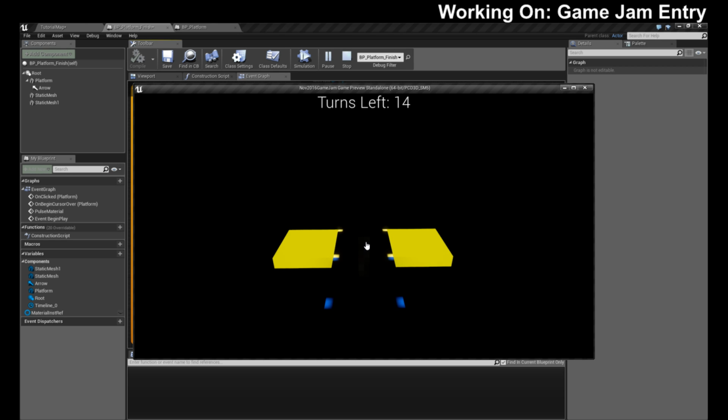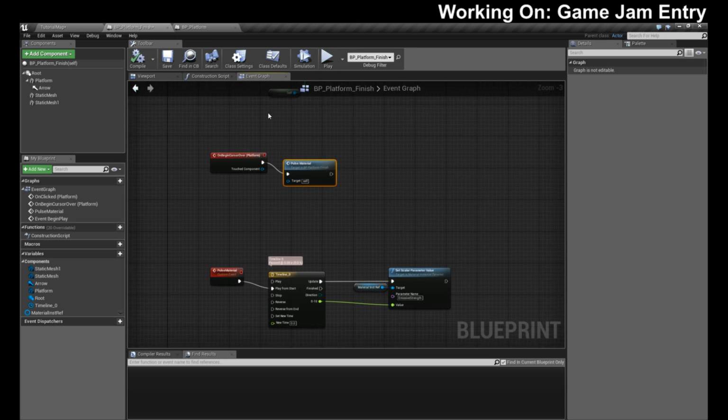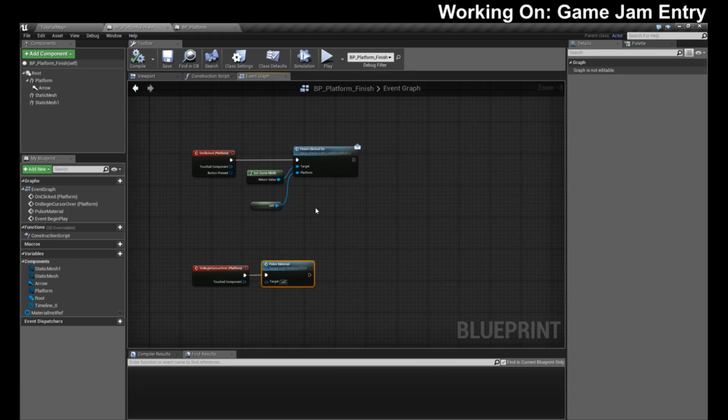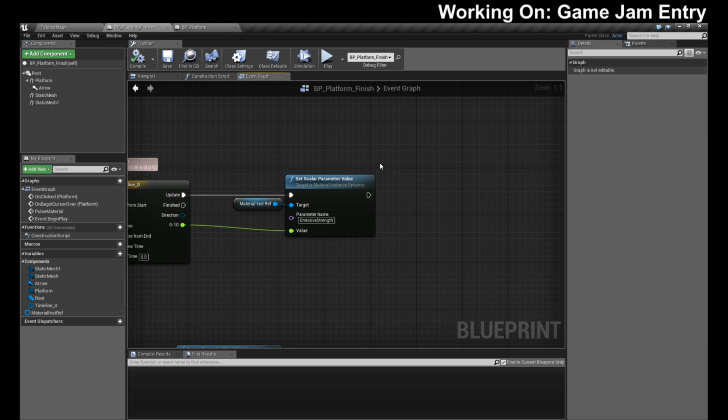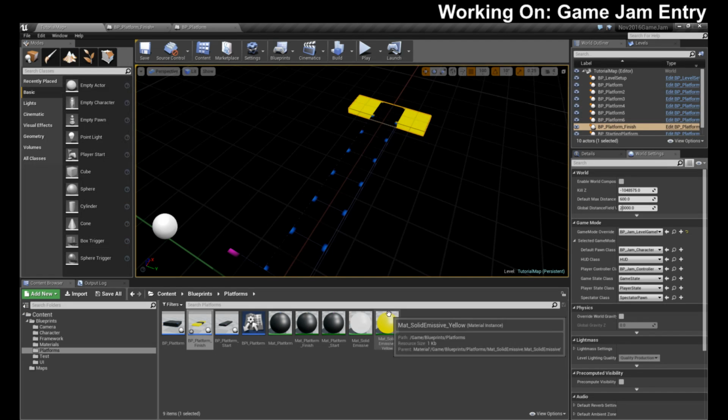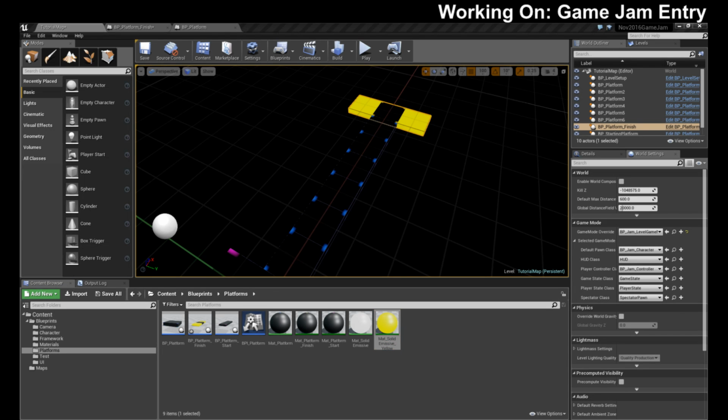So the yellow pulses. I think I want to tie in the sides with the middle, so that way it gives a little bit more of an effect. So the nice thing is everything's broken apart. So here's our pulse material. All we need to do is set the scalar on this one, the emissive solid yellow. So let's find that one.